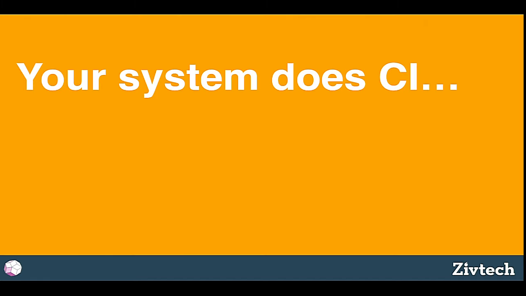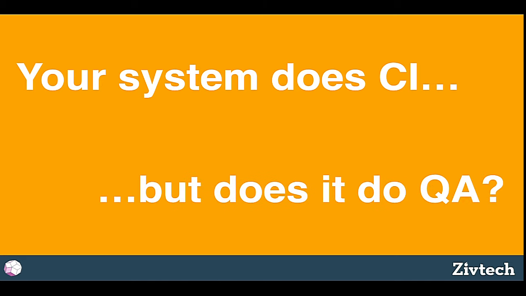So you've probably got some CI system, if you guys are interested in this DevOps talk. You've probably at least looked at one. It probably connects to your version control repository. It probably sees when you push new code or when you create new feature branches or create pull requests. And it probably runs tests, and maybe a computer can look at some things and tell you, did this test pass or did this test not pass? If you've gotten that far, you are light years ahead of most Drupal folks. What your system probably doesn't help you do is quality assurance outside of what a computer can look at.